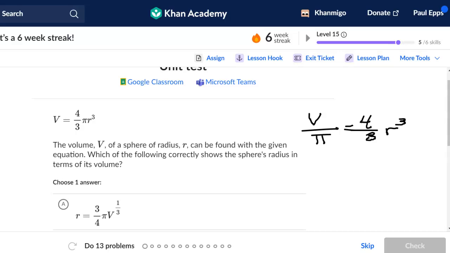All right. Why don't we divide both sides by 4/3, which would really be multiplying by 3/4, and we're